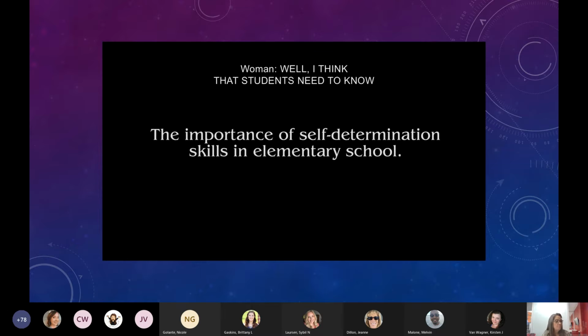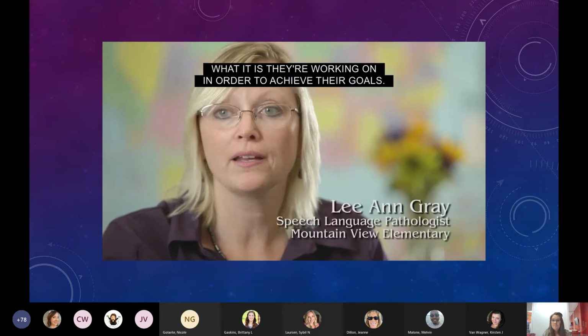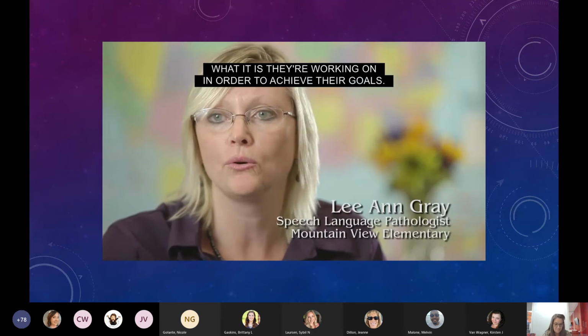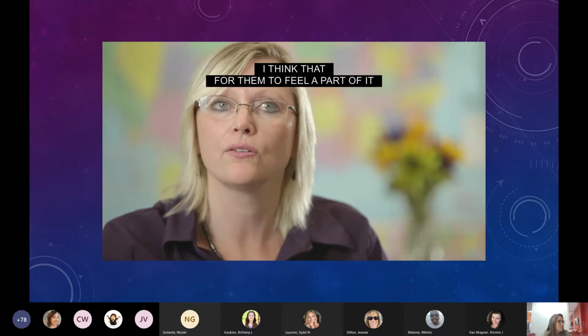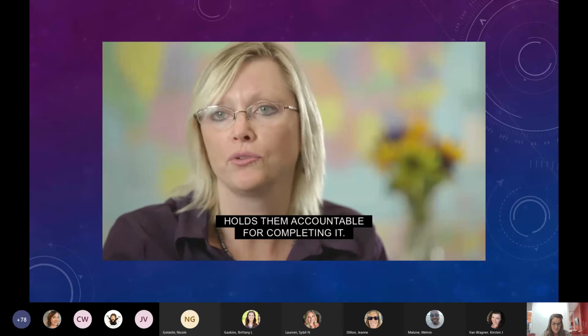Well, I think that students need to know what it is they're working on in order to achieve their goals. I think that for them to feel a part of it holds them accountable for